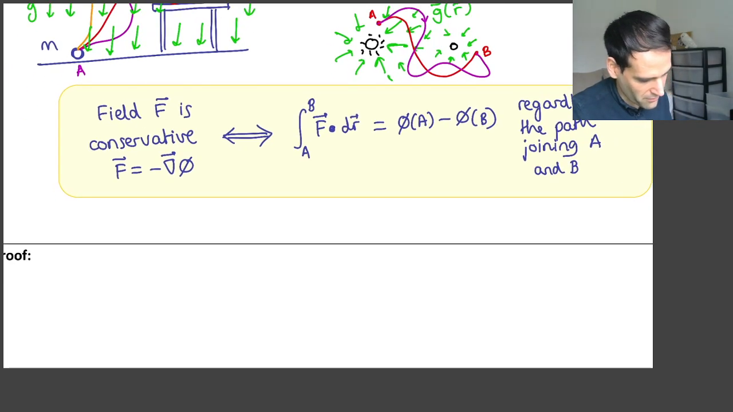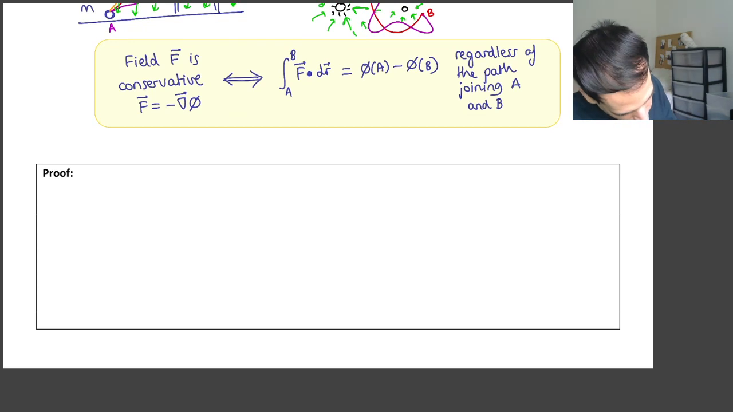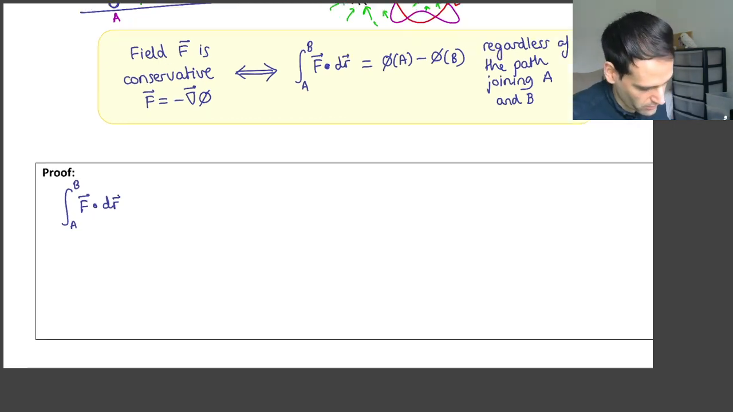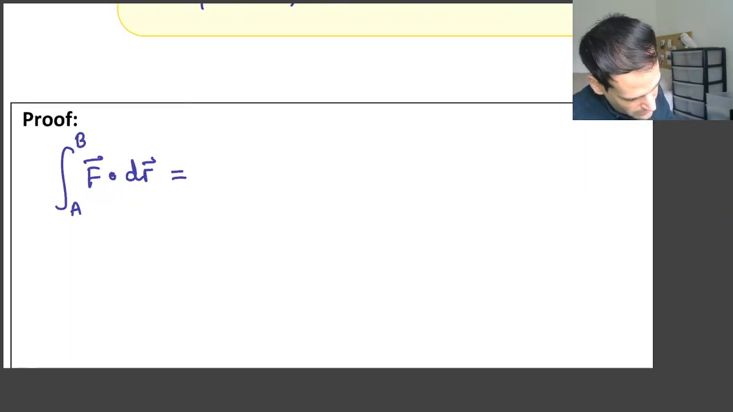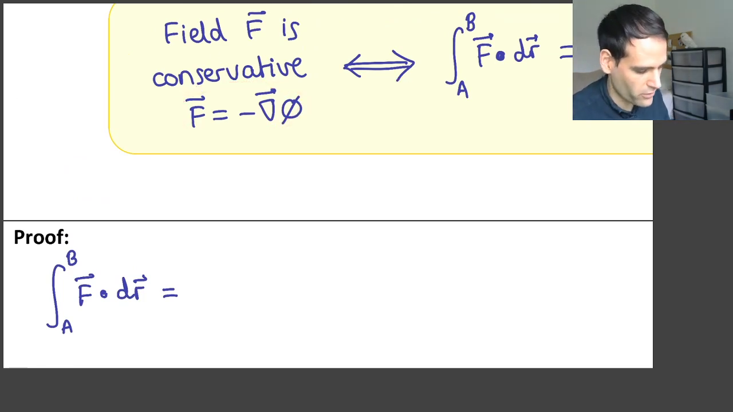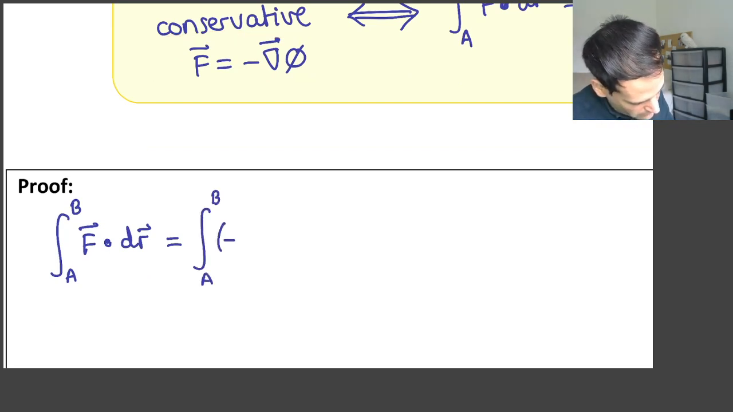And this proof is actually quite elegant. It looks mysterious on first sight, but if you think about it, it's actually very simple. So we want to prove that the integral of f dot dr moving from a point A to a point B is equal to the difference in the potentials. So what we do is we substitute the fact that the field is conservative. Okay, we are going to prove the arrow in this direction. We are going to assume that the field is conservative. So now I substitute, instead of f, I write minus gradient of phi